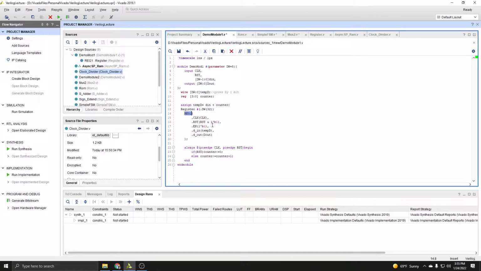Now, one other thing, or a few other things that I want to mention here before we move on from instantiating modules, is there's a few things that aren't really discussed in the book, that aren't really covered anywhere, that I want to let you guys know you can do, because it'll save you a lot of time when you're writing your Verilog. You are able to do 3 things, actually 4 things, that I recommend you all take advantage of. The first thing is I recommend you add extra control signals to your modules,